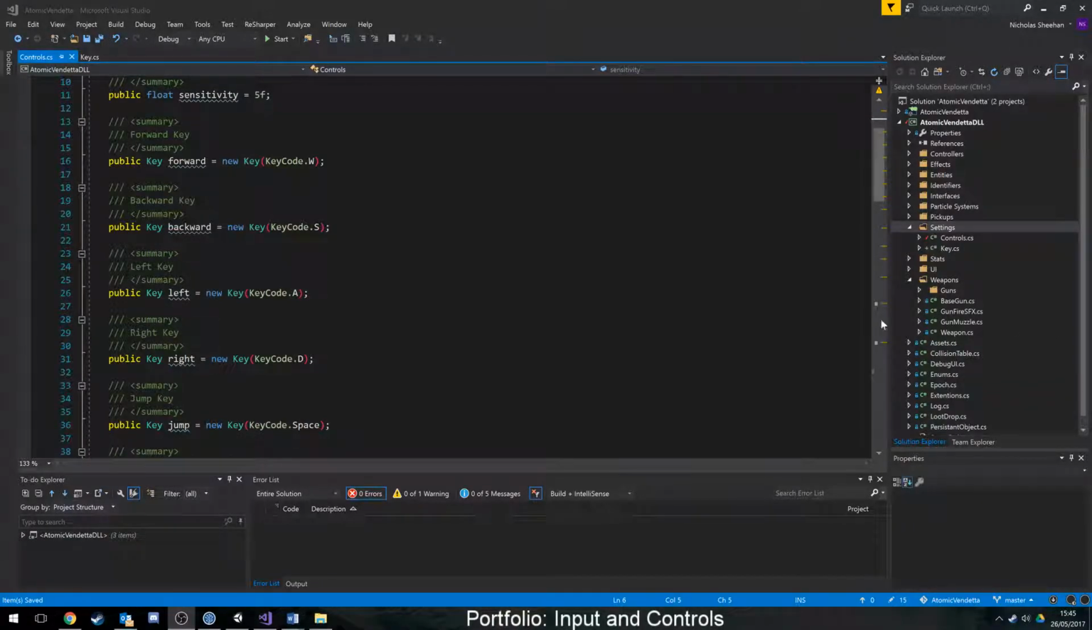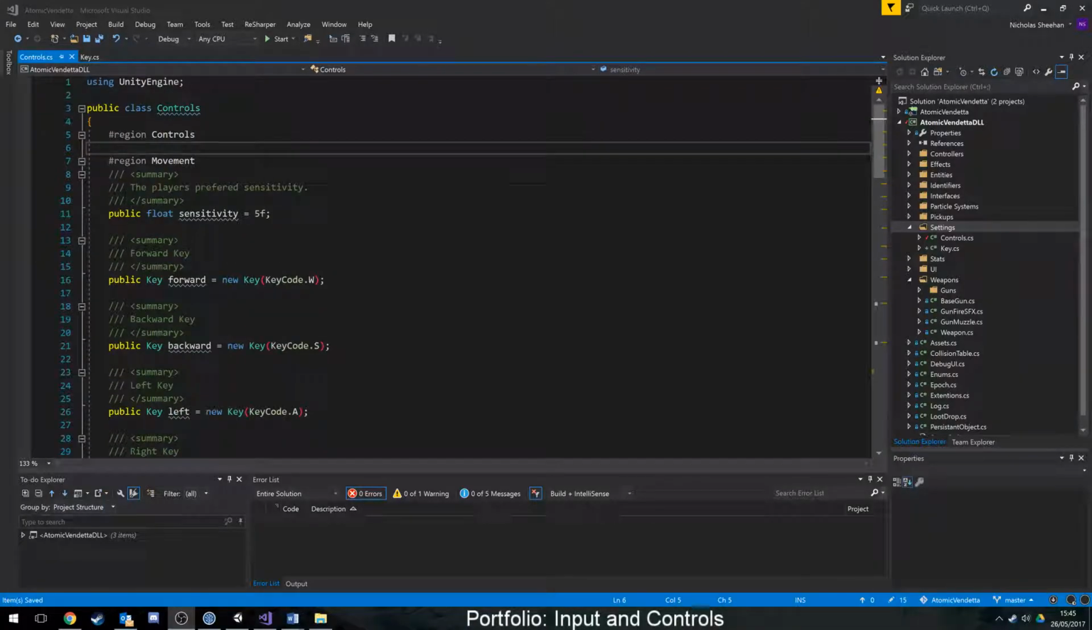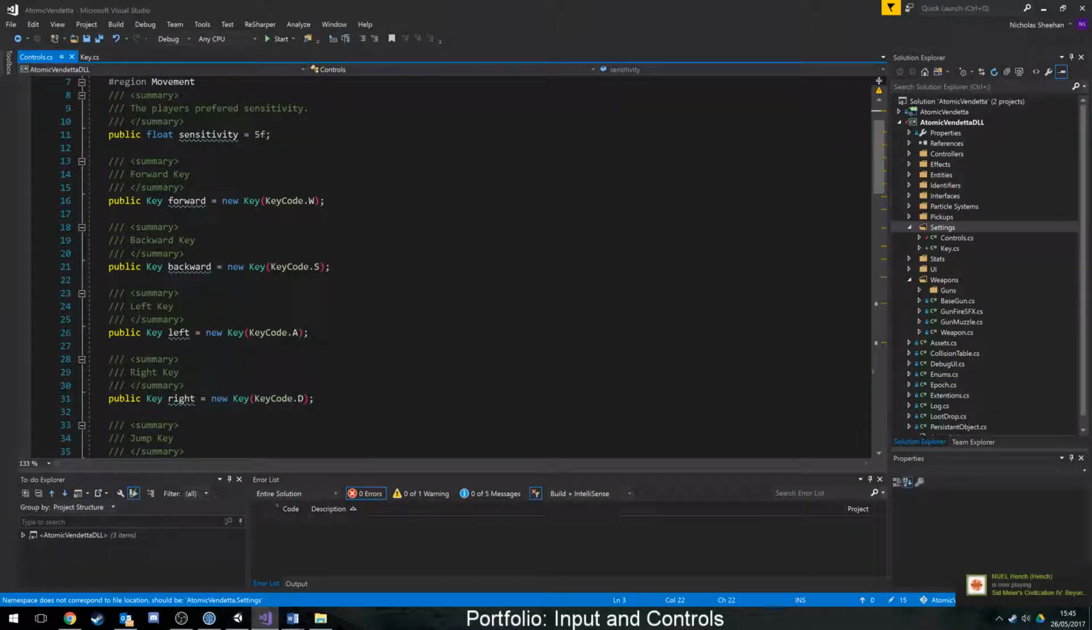So in this video I'm going to be talking about controls and input, or input and controls. So that's input from the keyboard and the mouse, converting them into a nice medium to use as controls. So in this case there's a class, an object called controls, with definitions for events that